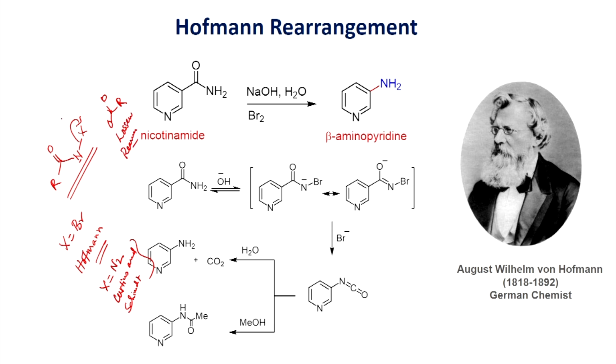So all these reactions we look at here will have a common intermediate. Once you form this one, this R group migrates to the electron-deficient nitrogen. In the case of Hofmann rearrangement, the leaving group X is Br. In the case of Curtius and Schmidt rearrangement, it is nitrogen gas, and in the case of Lossen rearrangement, it is going to be carboxylate. Now let us look at the Hofmann rearrangement.